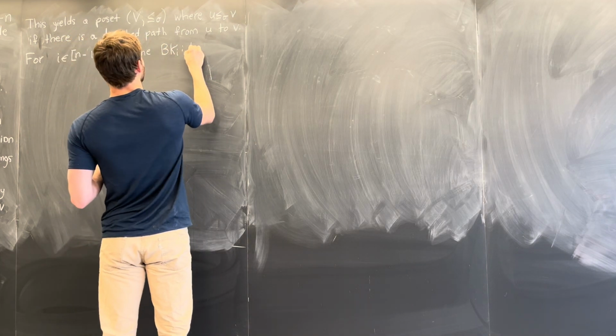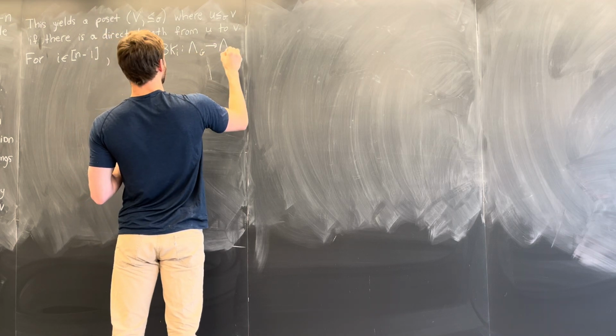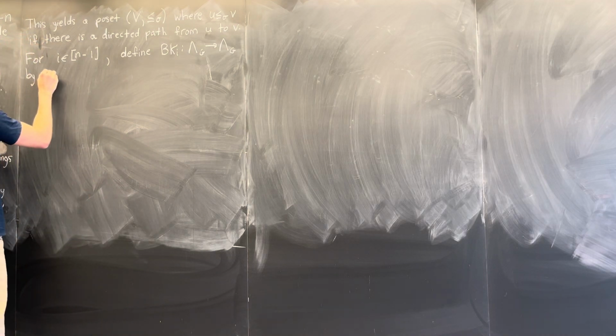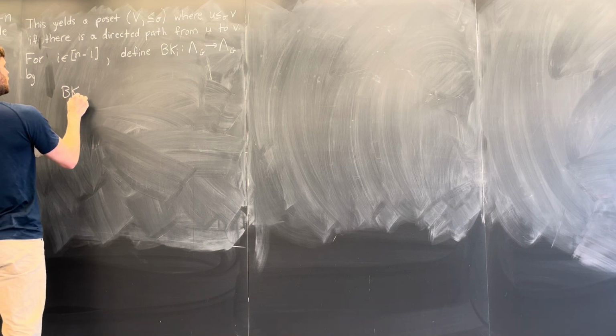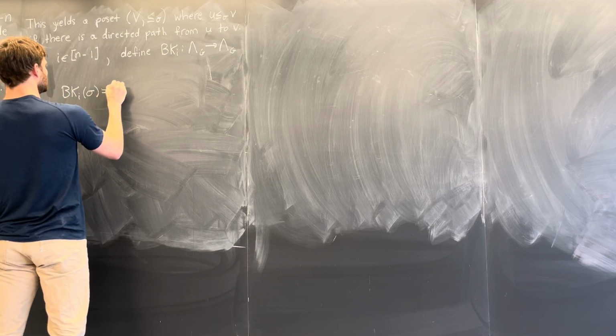This will go from the set of labelings of G to the set of labelings of G by, well, bk sub i of a labeling sigma should be,